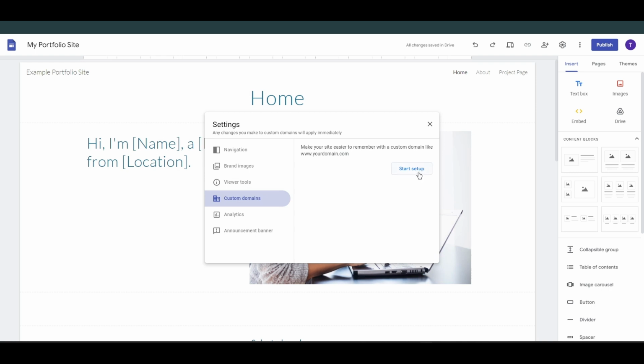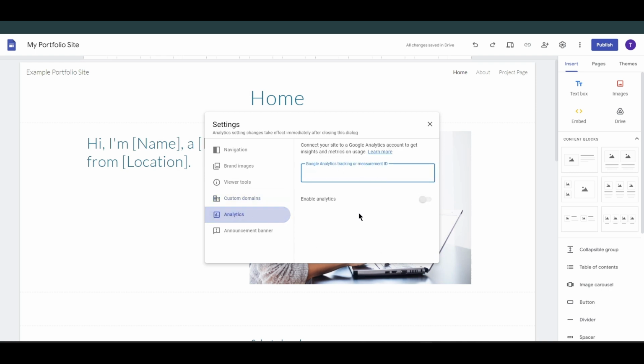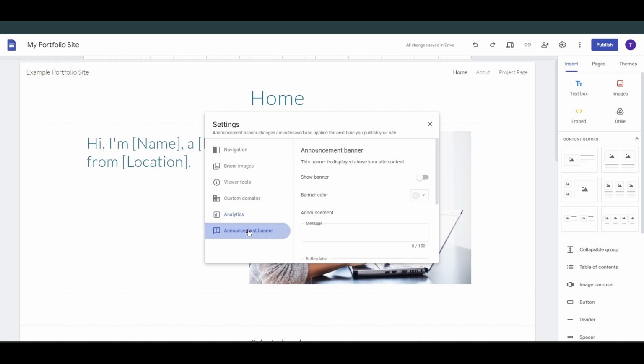You can add your custom domain and a Google Analytics ID for traffic analysis. You can add an announcement at the top of your site.